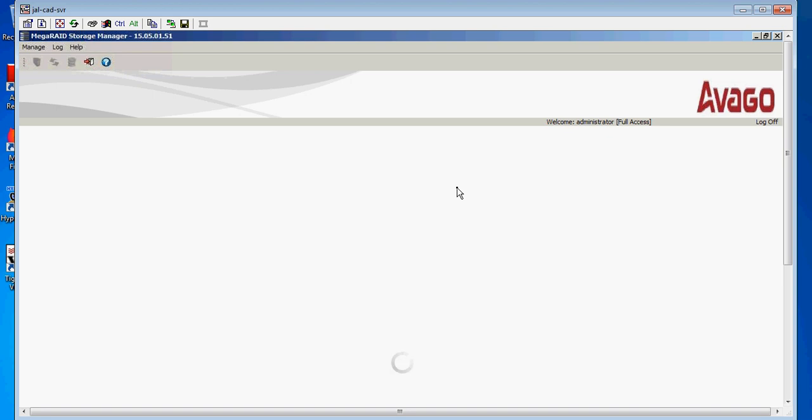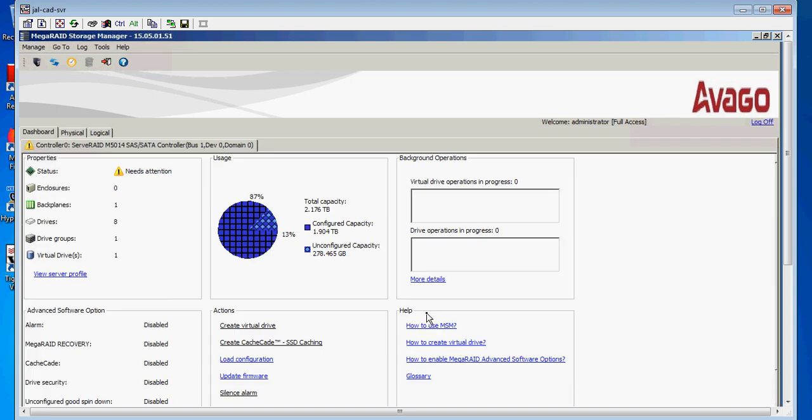Here it will show all the logs of RAID 5 activities, where we can find all errors. It takes some time actually.